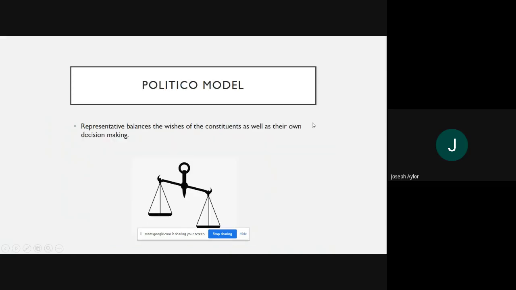The last model of representation is known as the Politico model. The Politico model is probably more realistic in today's world for both House and Senate. It simply says that a representative is going to balance the wishes of the constituent as well as their own